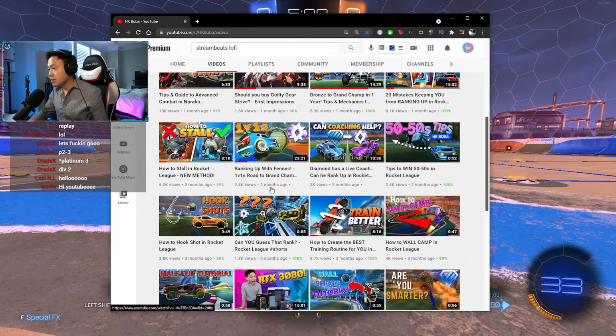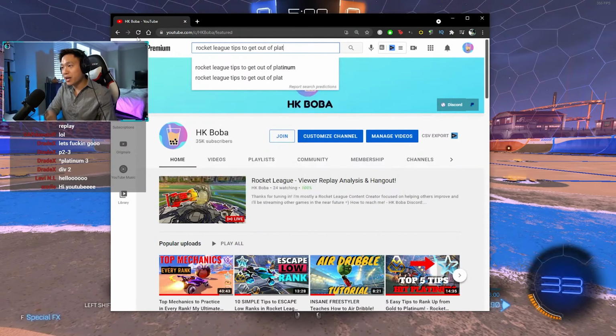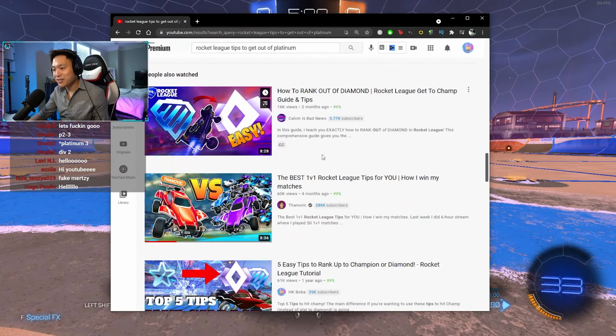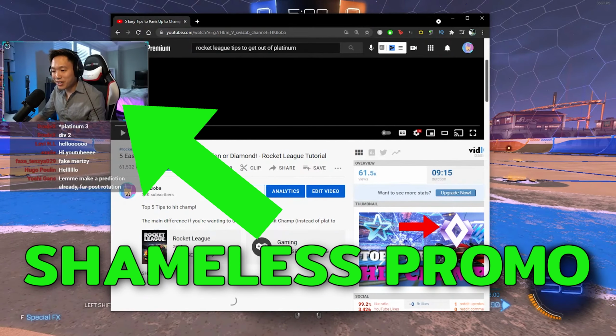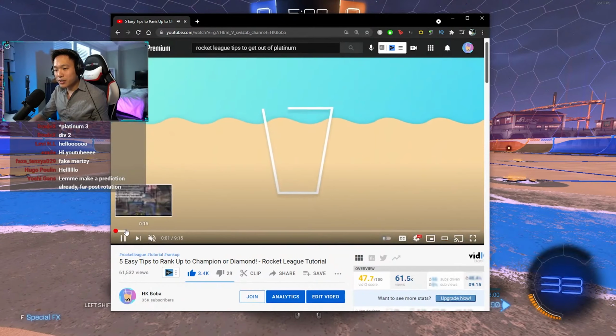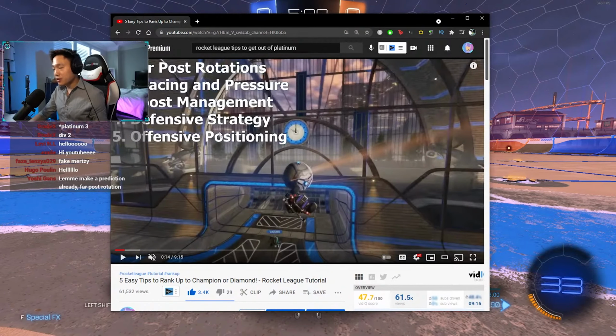The replay we're looking at is in Platinum. So Rocket League tips to get out of Platinum. I was gonna look for mine just because I know what's already in it, but it works with any video. You don't have to look for mine, obviously. You just go to the video and go to what the tips are, right? So bam, 5 tips. So you watch through the video